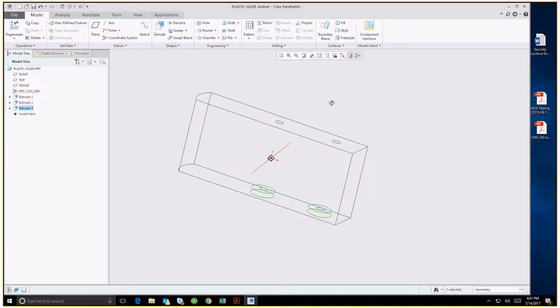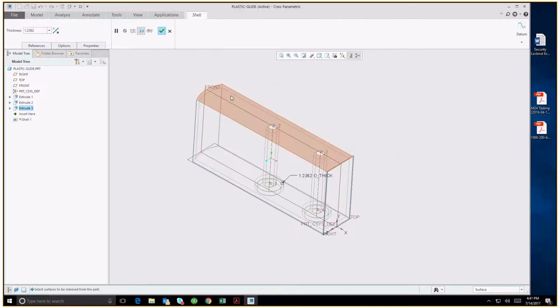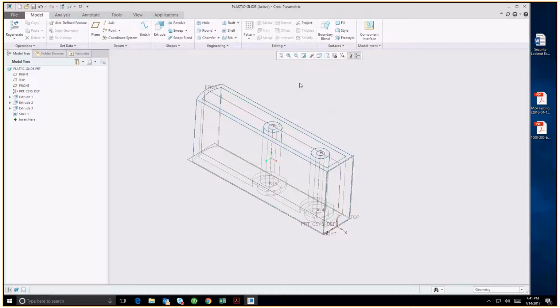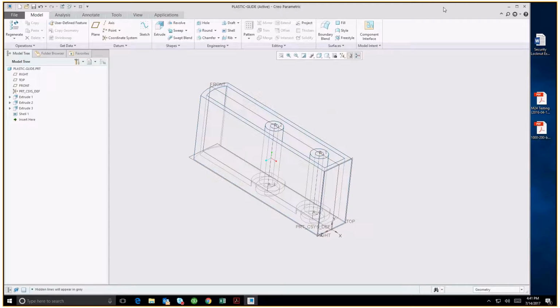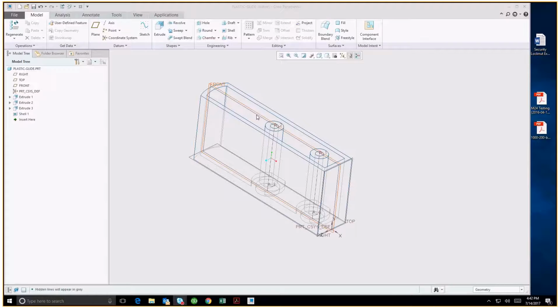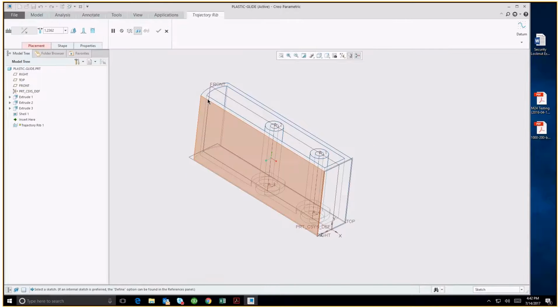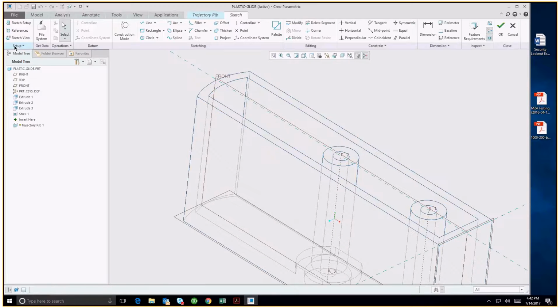Okay, now we can shell. Remove the top surface. There we go. Okay. Next we'll throw in some ribs because they're easier to put in now before you cut it. So pick a rib, put it on this plane,